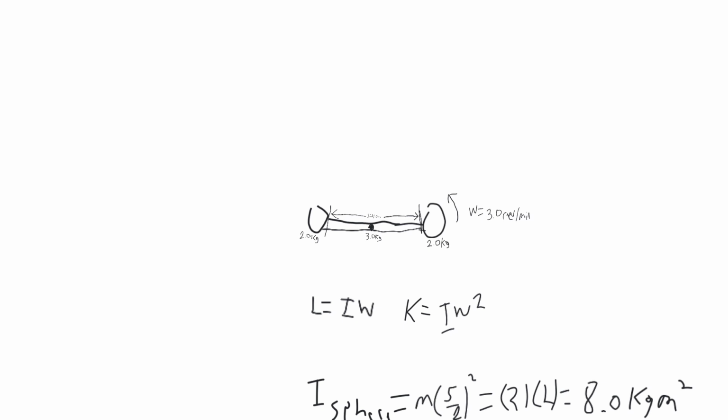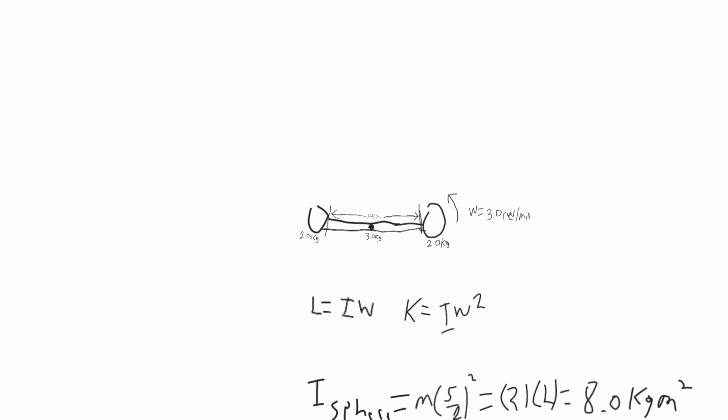Okay, so for example 10.7, we're presented with a mobile sculpture suspended from a ceiling, and it consists of two metal spheres with a mass of 2 kilograms each, and a metal rod of 3 kilograms with a length of 4 meters. It's telling us that it makes 3 revolutions per minute, and it's asking us to find the angular momentum and kinetic energy of